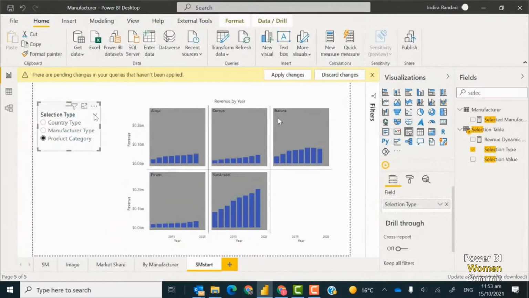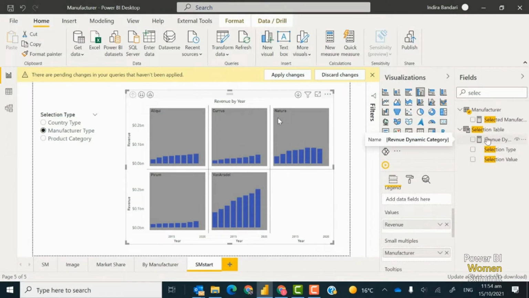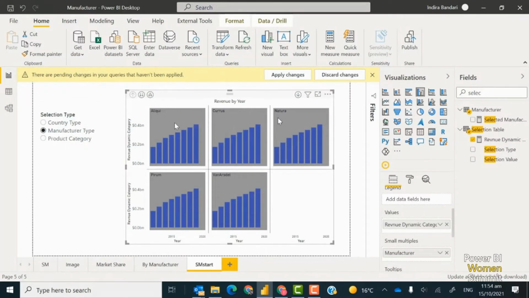And now here I'm using that in a slicer with the selection type. If you click on country, this should change. Now it is not changing because I didn't change the measure into the values. So I'm now going to add the measure into the values and remove the regular revenue. And now if you choose